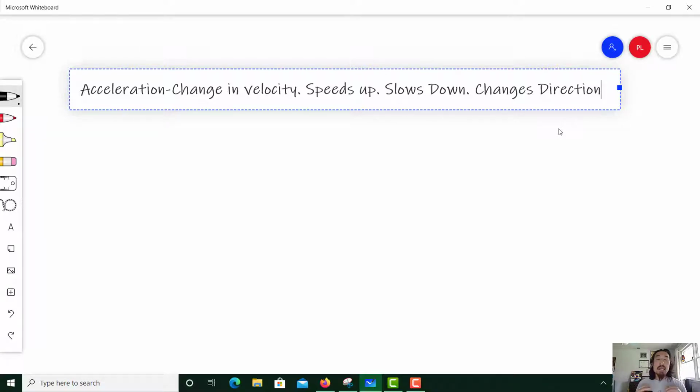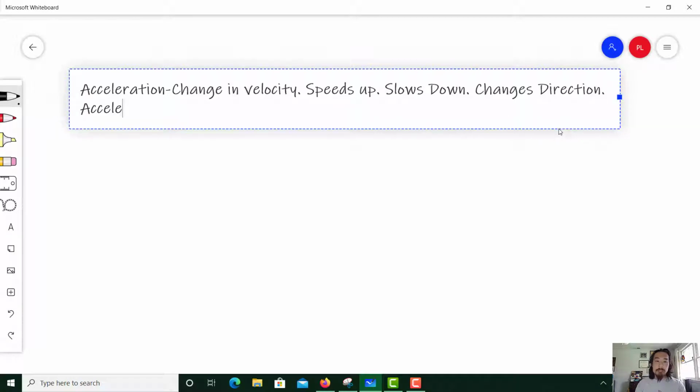Now, it is very, very important that you understand this next thing. Acceleration does not tell you how fast an object is moving. That is velocity. If something has a lot of acceleration, it could not be moving at all. It doesn't have to be moving fast at all. Acceleration is also a vector. So what this means is that the positive and the negative directions actually matter a lot, and we'll go